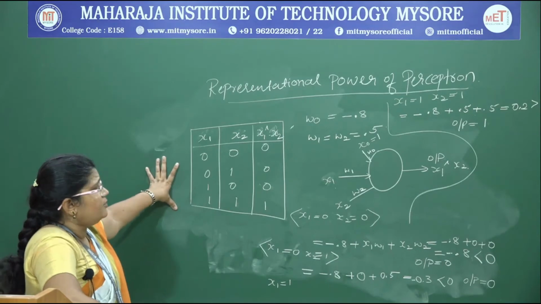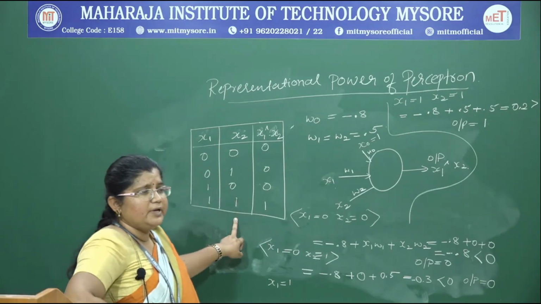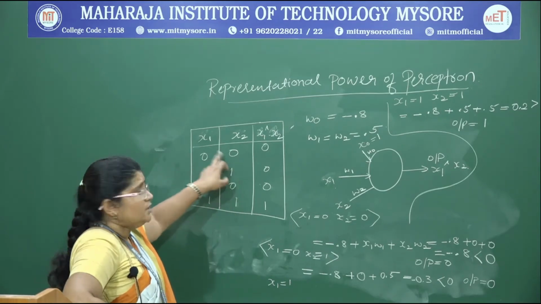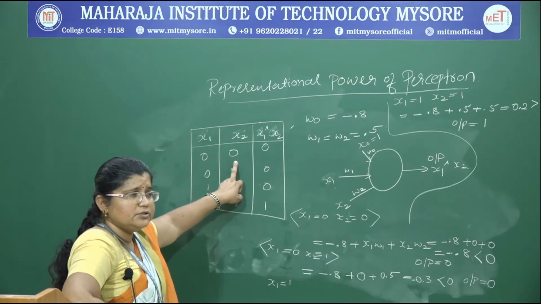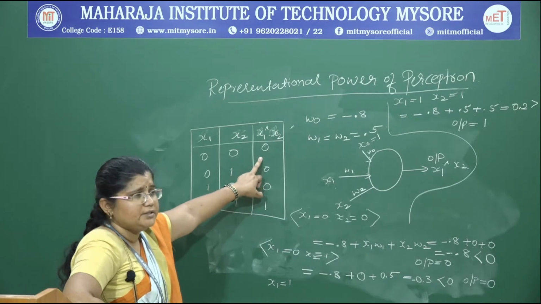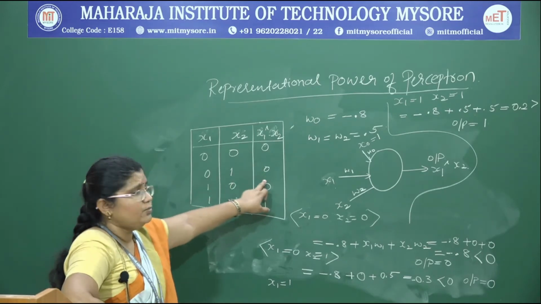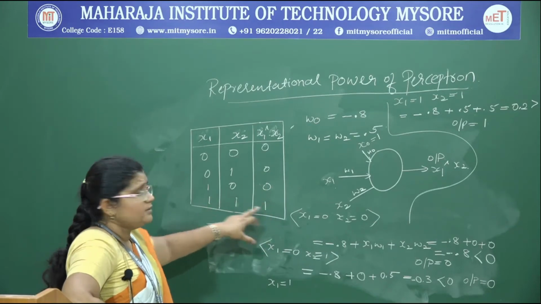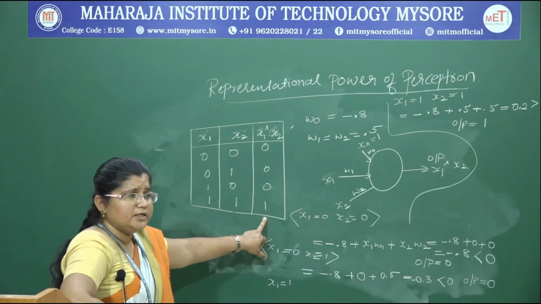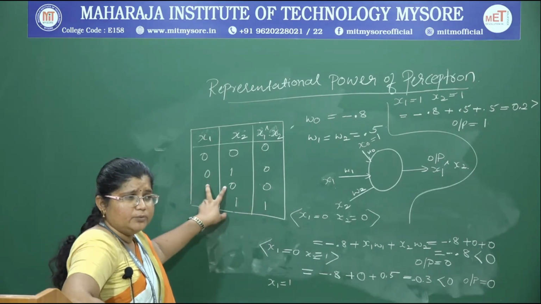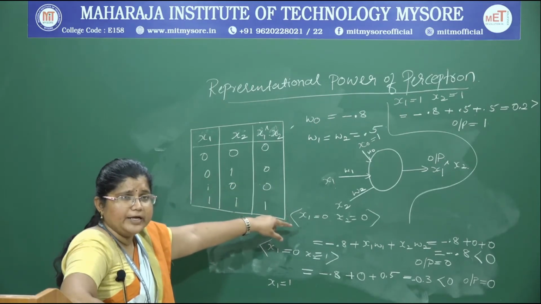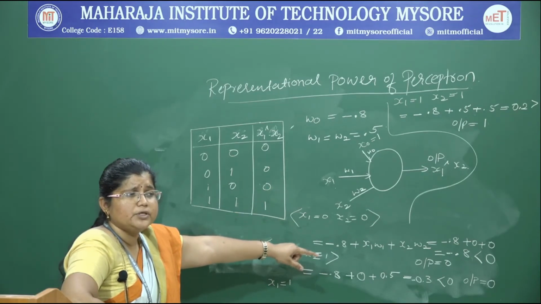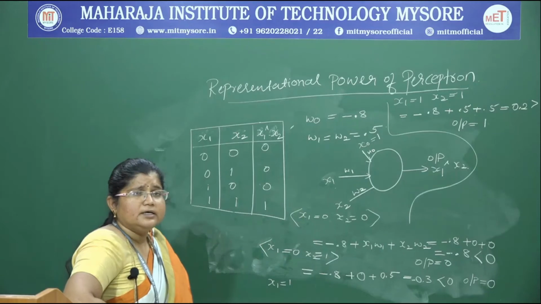When you look at the AND operation, we consider the truth table of the AND. Now, you know for the input 0 0, the output must be 0, for 0 1 the output is 0, for 1 0 the output is 0, and for 1 1 the output is 1. Now, let us apply these two inputs along with the considered weights, and then look at how the perceptron is going to return the result.